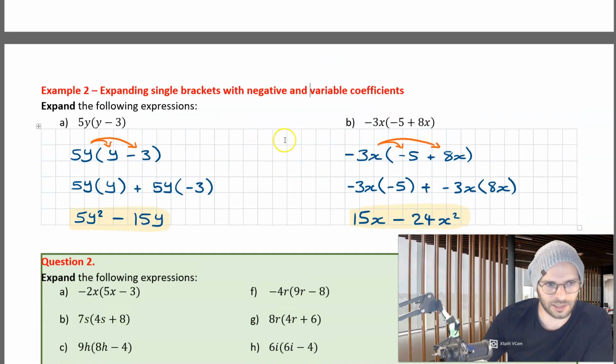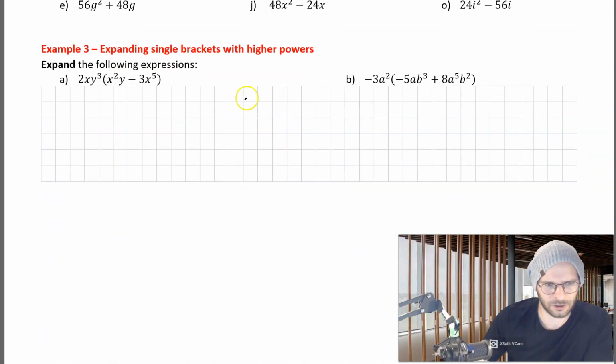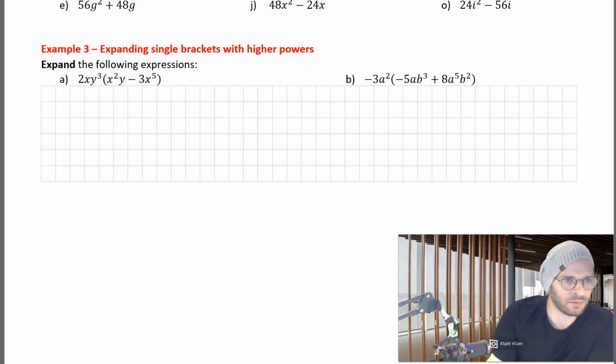Okay, let's go down for something even trickier. And by trickier, I don't mean it's actually harder, it just looks harder. So what we're going to do in example 3 is expanding single brackets with higher powers. So what does that mean? Well, we've got the negatives, we've got the variables, and now the variables are going to contain higher powers. So like to the power of 2, to the power of 3, to the power of whatever. Now the way in which we deal with these is, funny enough, exactly like we did in the previous two